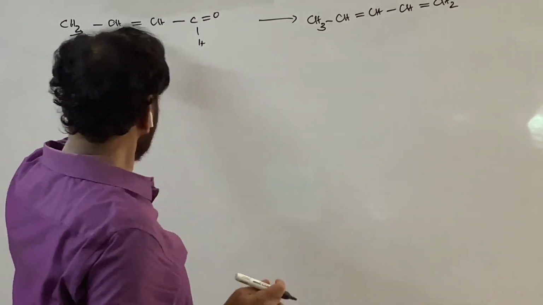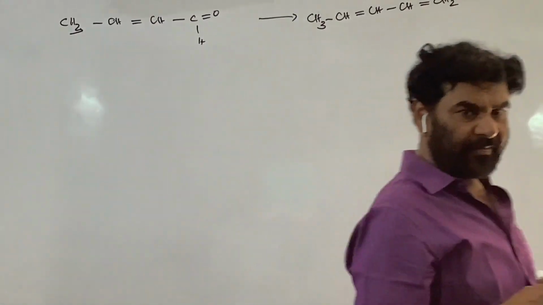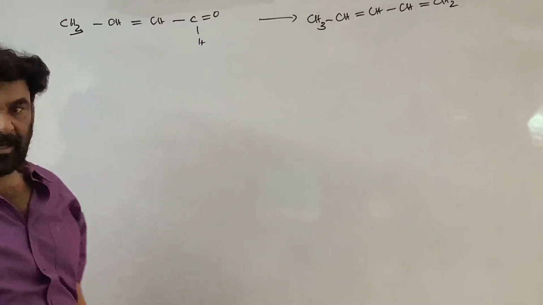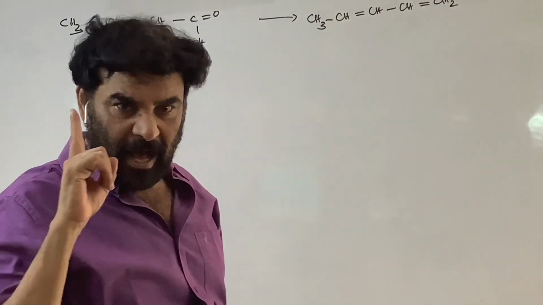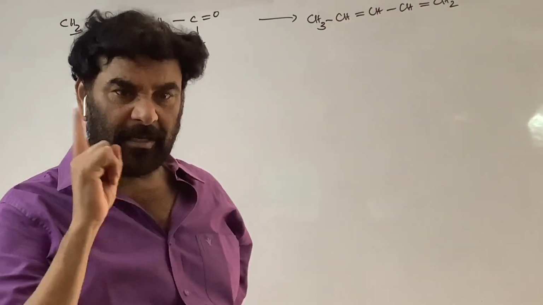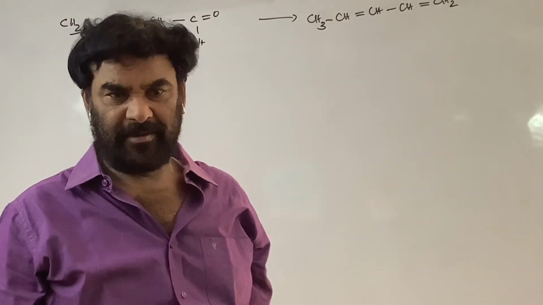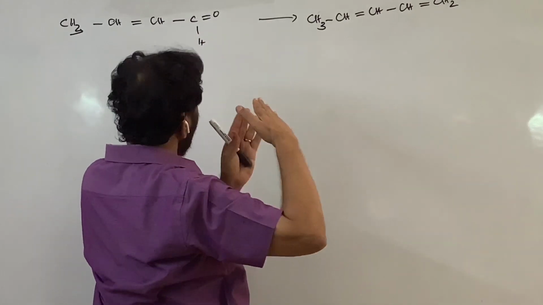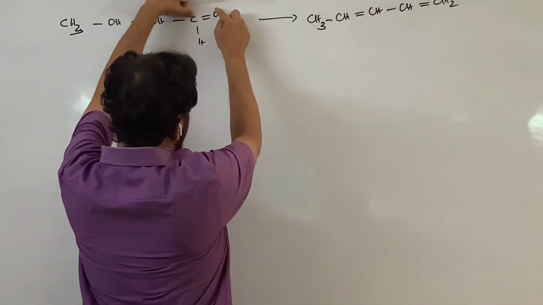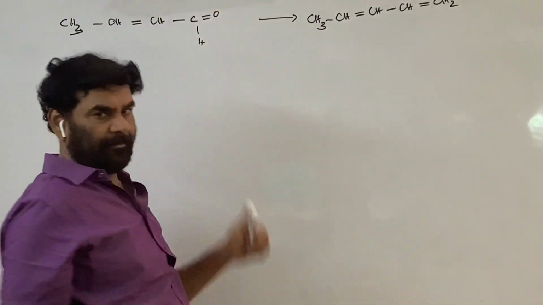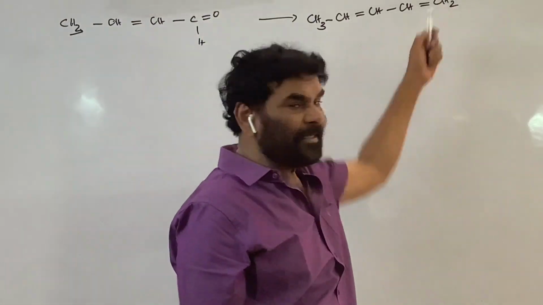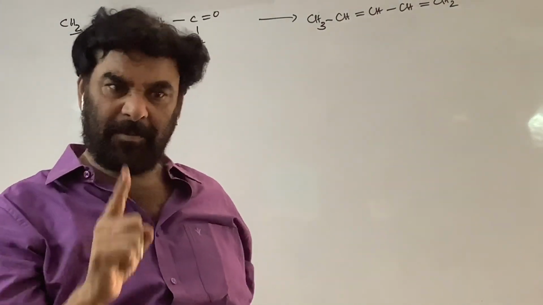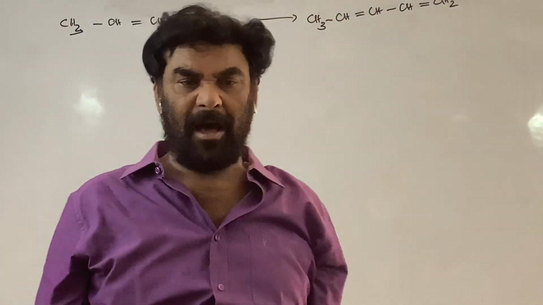See, here one carbon atom is increased. At the carbonyl carbon, a carbon atom can be increased by using the Grignard's reagent. If I use any Grignard reagent, the R part of the Grignard reagent adds to this and this is converted into the R. It is easy to increase one carbon atom, and the carbonyl group is converted to the alcohol.